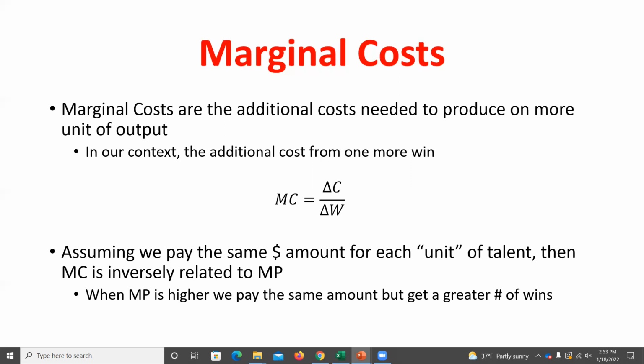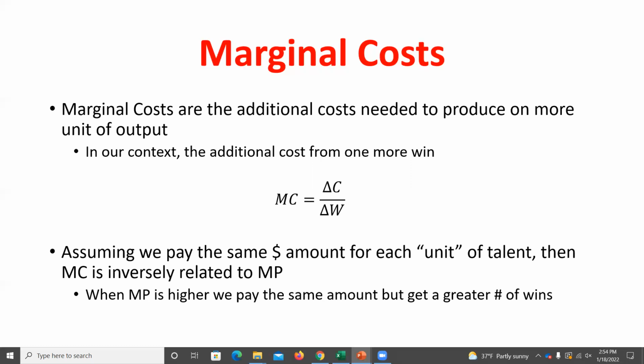To get one more additional win, maybe I only need 1 additional unit of talent. But eventually, as I start to win a higher and higher number of games, to get 1 additional win after I've won 15 games, I'm going to have to hire a much higher number of additional units of talent. So maybe instead of 1 unit of talent, to go from 15 to 16 wins, I need